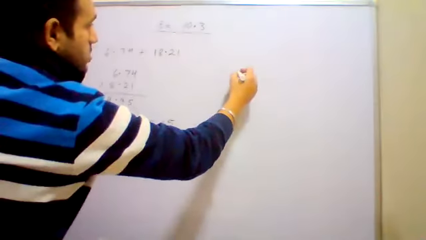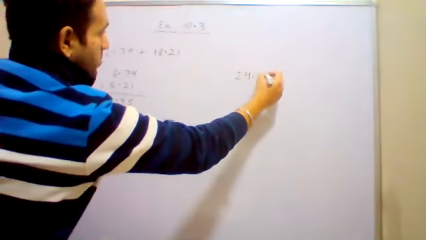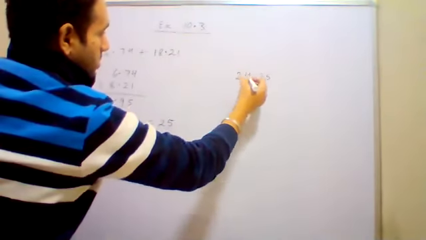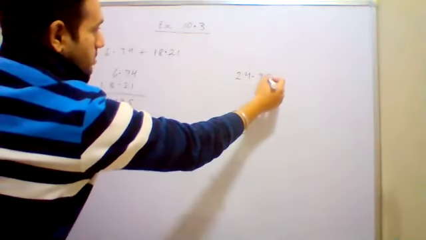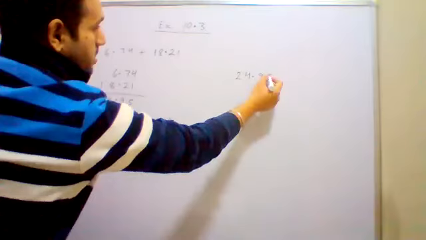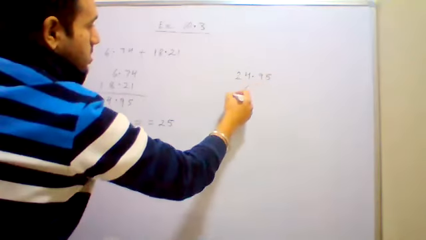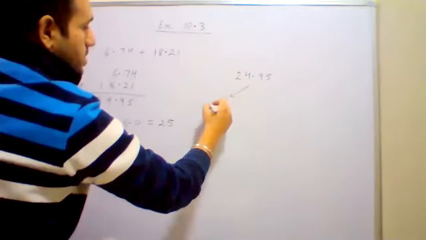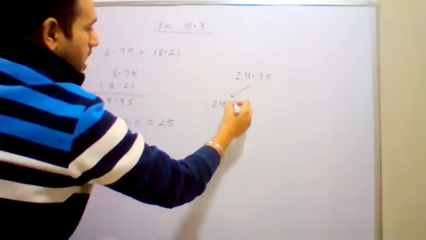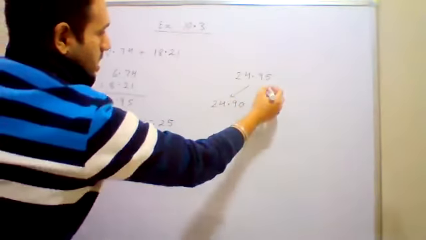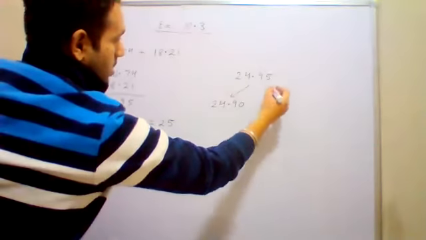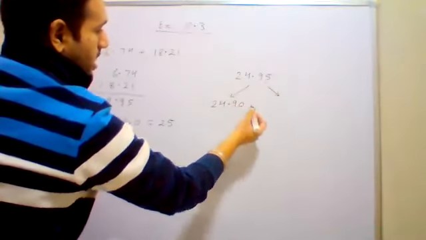कैसे आएगा? So 24.95 you have to round off to one decimal place. So when you round it off to one decimal place, that means you have to remove this digit 5. 5 को हटा के 0 करना है. So how you are going to do this? 24.90 first option इसके पीछे and the next option इसके आगे क्या होगा? Now when you 9 के आगे क्या आएगा?